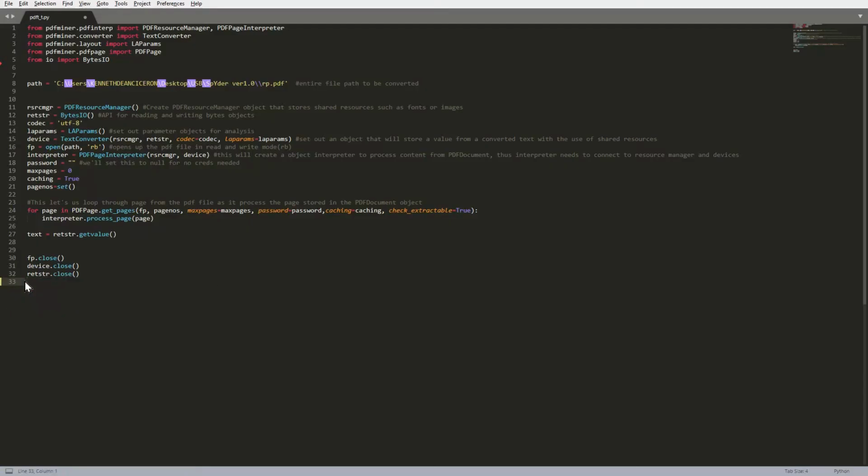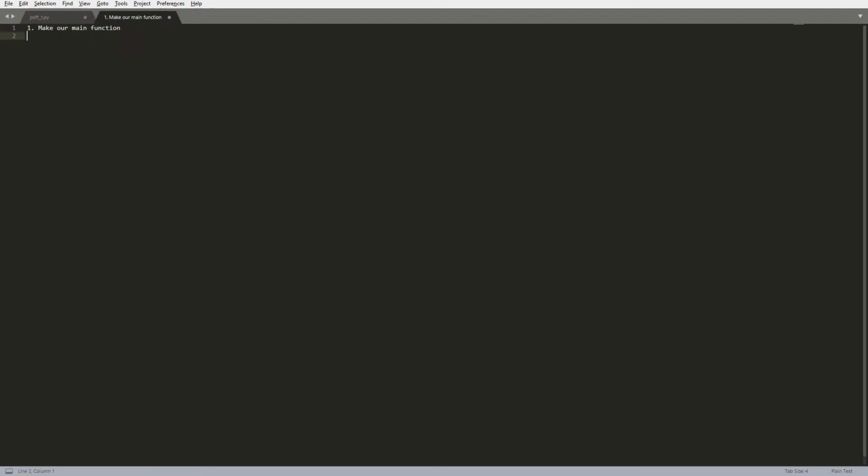Here is the code from last week, which successfully parsed all the text or words from a PDF file and printed it in the shell. What I'm planning to do is, first, get all the URLs from a PDF file and print them in the shell, and second, we'll create a URL parser. And third, we are going to call the URL parser